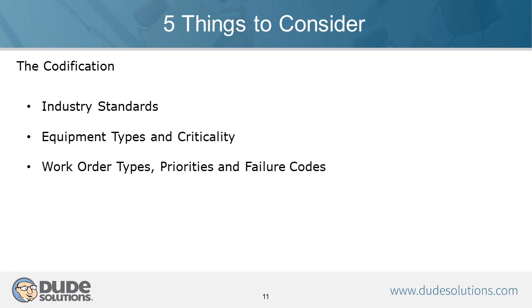Or having a system that can generate a work order from a PM schedule so that you know that you need to go out and do that PM every week or every month, and having that come to you and you understanding that. But after you've done all that, after you've closed those work orders out, it's important that you've used codes in the closing process and codes attached to the equipment that